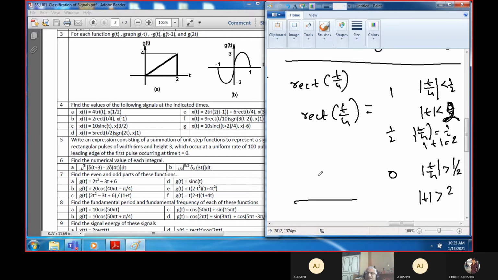So now you will write the rectangular function like now you will no longer write it as half and minus half. You will write it as minus 2 plus 2 and the value remains same like this. Now what happened? The rectangular function became large. It is not short. Earlier it was half to half. So whenever you divide t with some number, integer greater than 1, the function will become expanded. So this is called as scaling. This is called as scaling. Which you will come across whenever we are applying the Fourier transform.